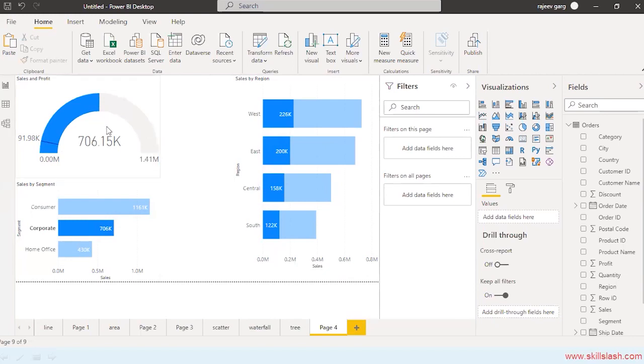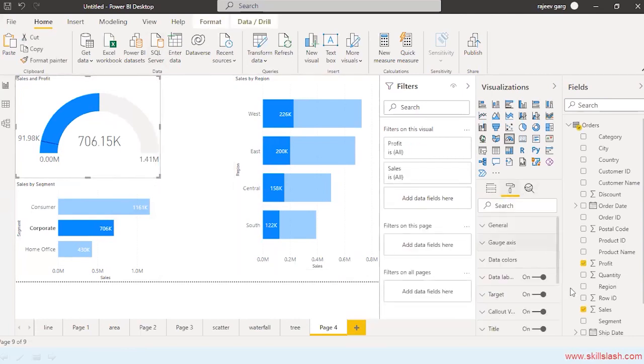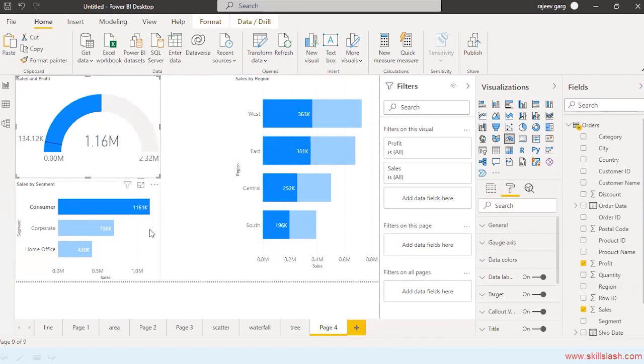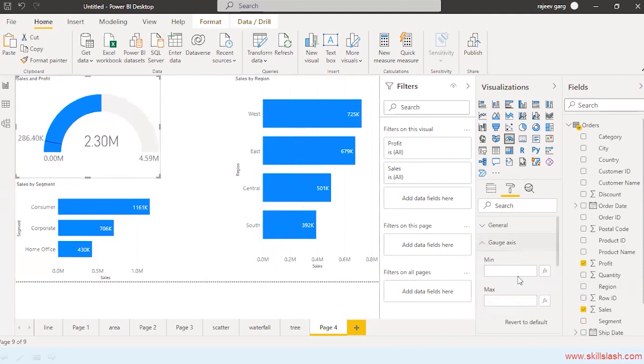Okay. So let me do some of the formatting to this gauge chart. First of all, I want this to be, let me go over here, gauge axis. I would like to get the maximum value as, and here it is.